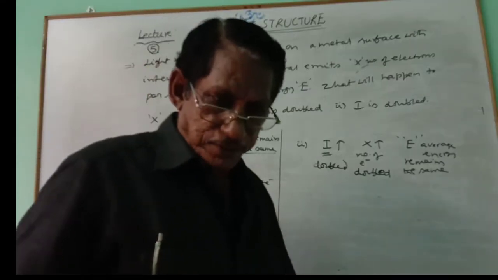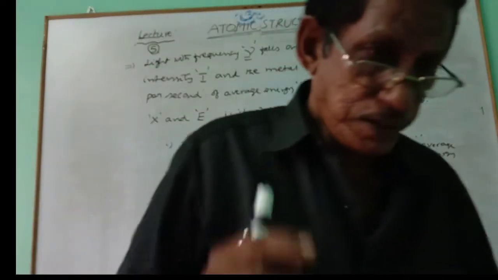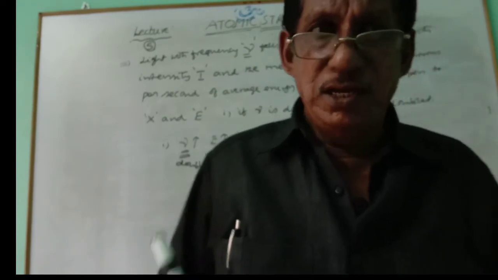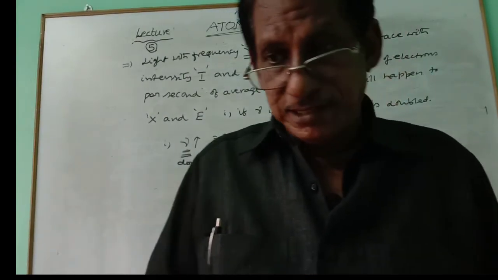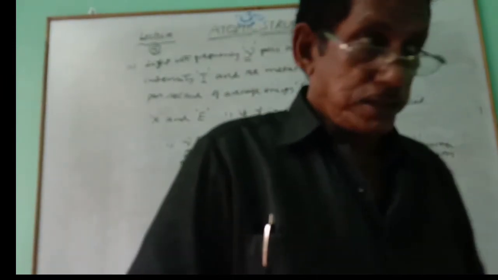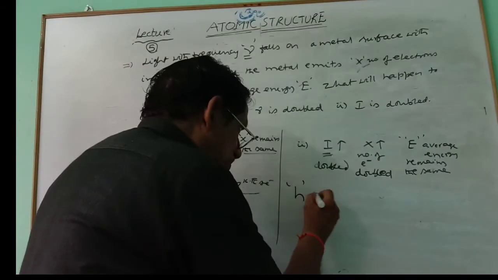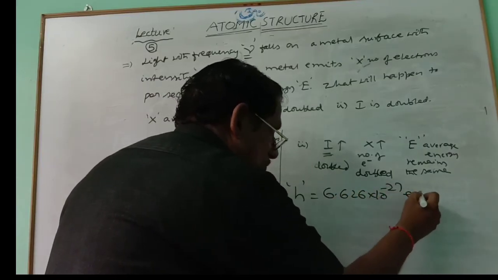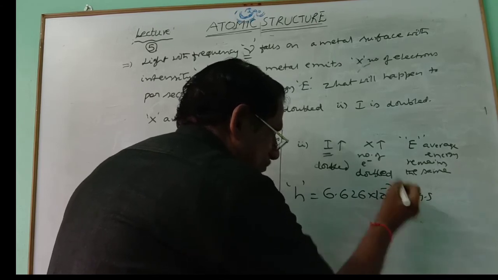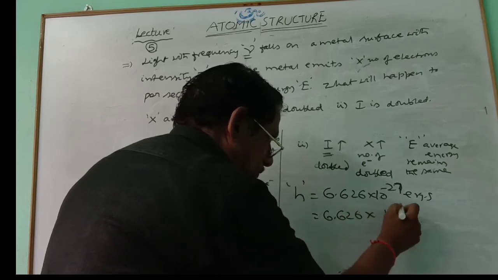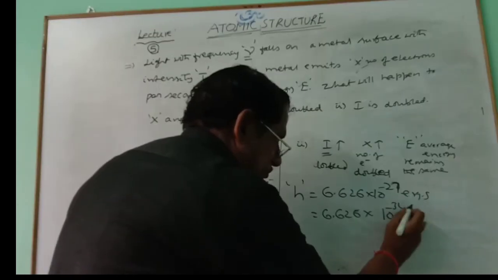And some other problems are there, but whenever you are doing problems, don't forget unit substitution. In the numerator as well as in the denominator, unit substitution is very important. If nanometer is given and you want to write the value in the MKS system, you always have to write meter. You are taking the H value also, Planck's universal constant, which we already studied: 6.626 into 10 to the power of minus 27 erg second in the CGS system, and this is equal to 6.626 into 10 to the power of minus 34 joule second.